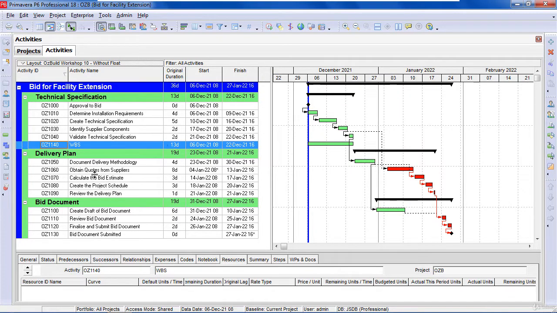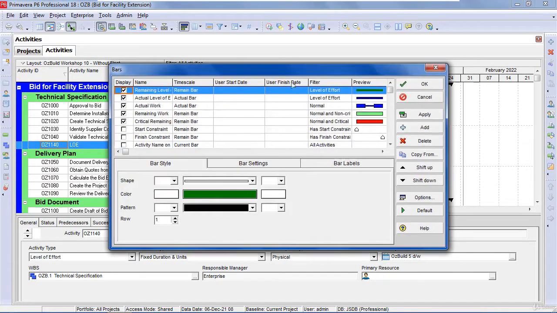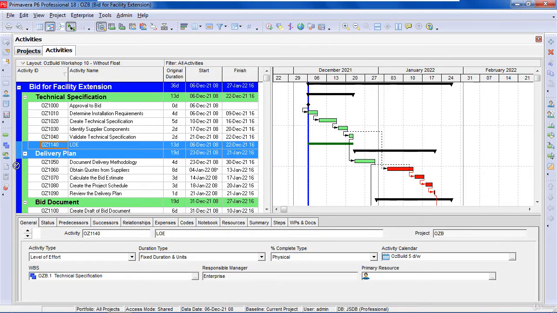Next thing we want to do is to take this WBS activity, we'll rename it LOE, and we'll also change it to a level of effort. And at this point in time you'll see that the bar has gone dark green, which is the color assigned to it here. We'll drag it down below